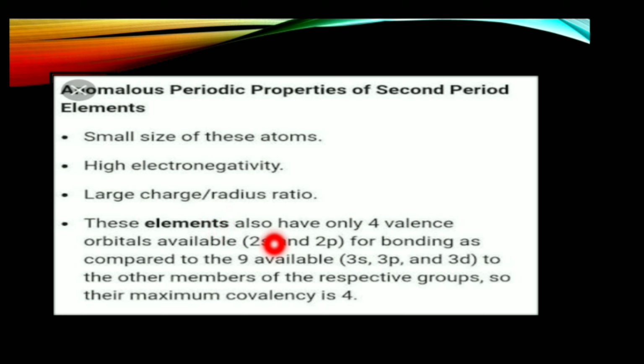Then these elements also have only 4 valence orbitals available, 2s and 2p for bonding, as compared to the 9 available 3s, 3p and 3d orbitals in the other members of the respective groups. So they show the